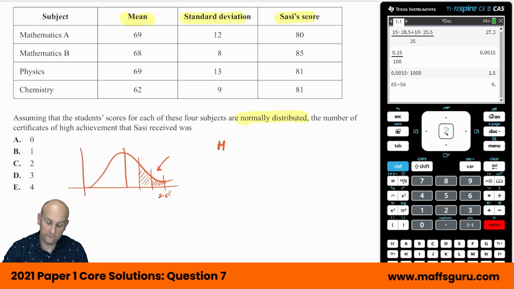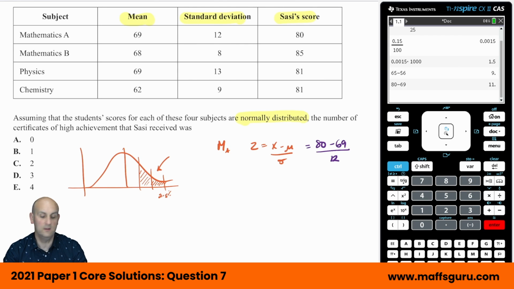So, if we do Maths A, the Z score is equal to, remember, Z is equal to X minus mu on sigma, where X is the data item. So in that situation for Maths A, we had X was 80 minus 69 divided by the standard deviation of 12. So 80 minus 69, again, I know this is random, I'm doing it on a calculator, but I don't want to get these wrong. 11/12. All right, so that there is less than 1. So as far as I'm concerned, because she's got a z-score there of less than 1, there's no way she's in the top 10%. So I'm going to say no to Maths A.